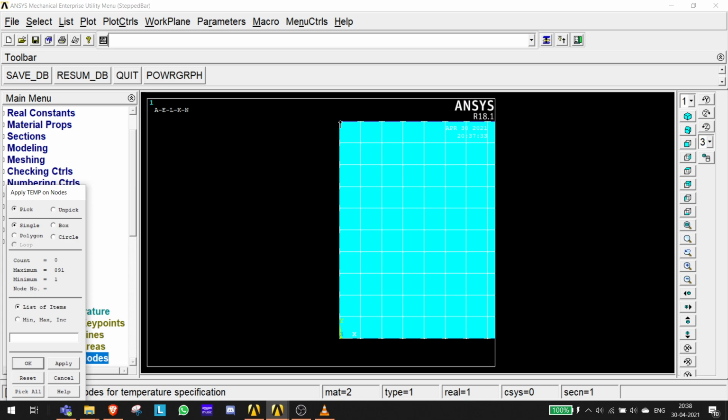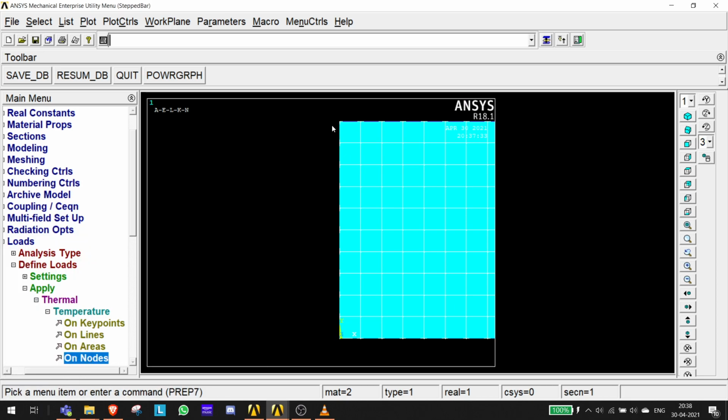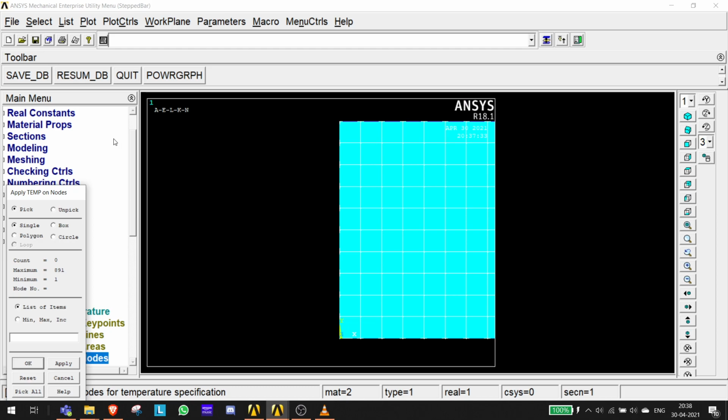So now you have an option, you can pick each node like this, or else what if there are 100 nodes here? So I'll click cancel here because I have to show, and I'll click on nodes. I'll select box, and I'll just drag and make a box like this. See, it selects these nodes and I'll click apply.